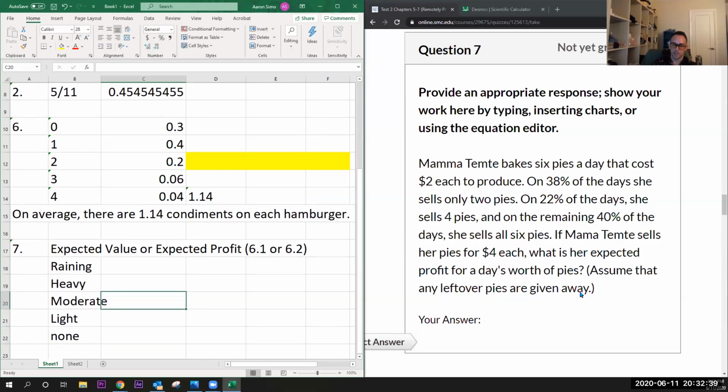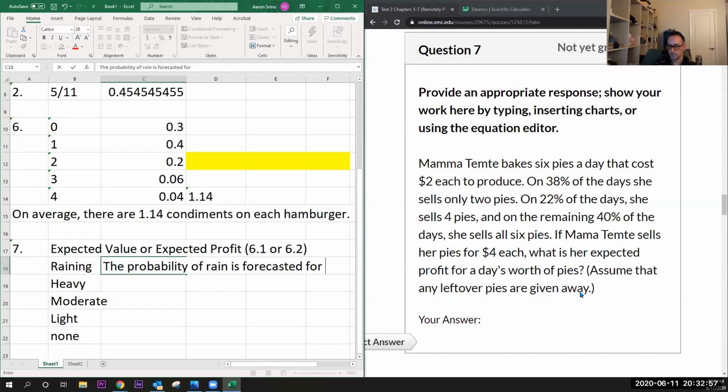Let's say the question says something like the probability of rain is forecasted for June 12th to be heavy, moderate, light, or none at